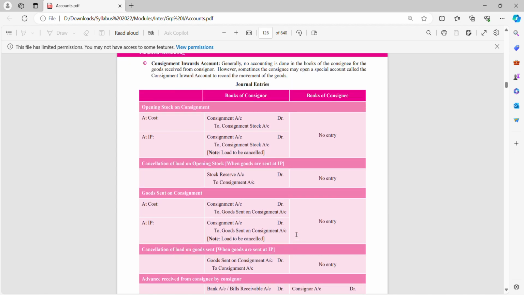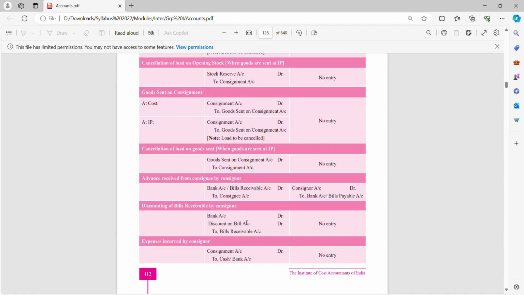See, opening stock, goods sent on consignment. Consignee will not have anything, any entry till now. Only consigner is recording. Now, when advance is received from consignee, at that time he will record that I have sent money or I have sent bills payable to the consigner. So credit what goes out. So to bank or bills payable, consigner account debit. To bank or bills payable, bank account or bills receivable account debit to consignee. Then we have discounting of bills receivable by consigner, bank account debit, discount on bill account